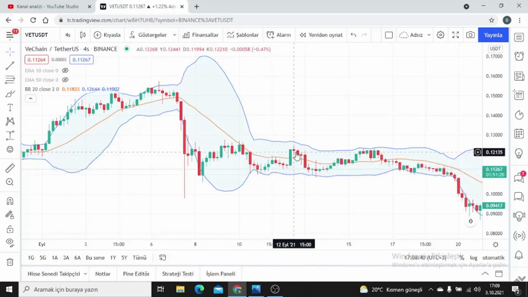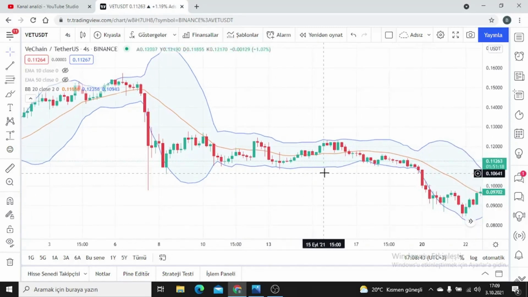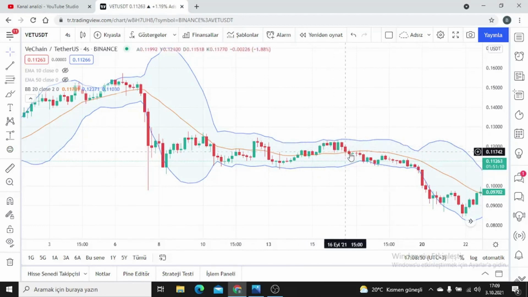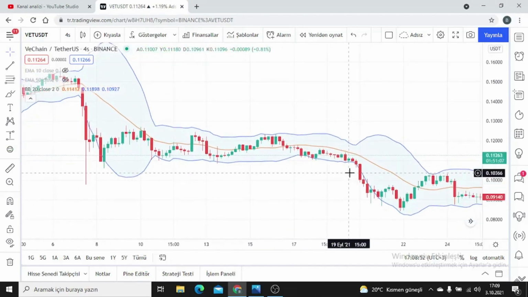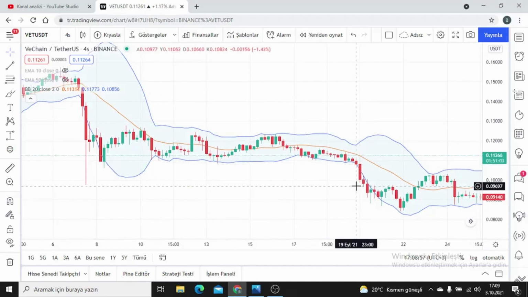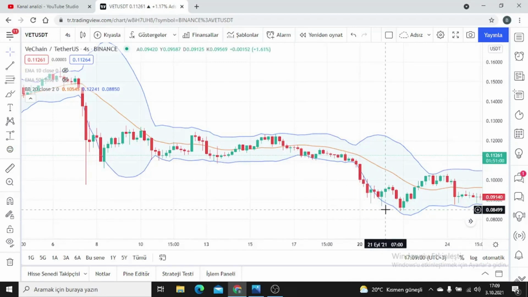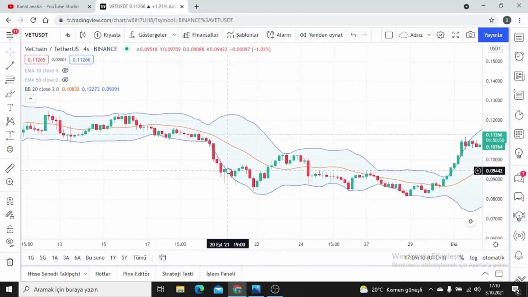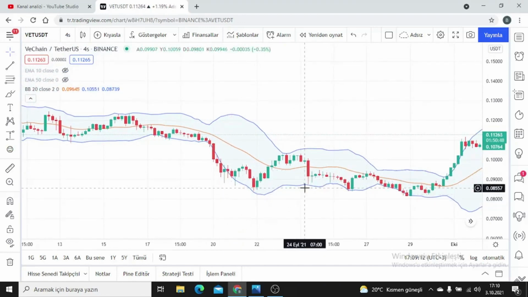And the Bollinger Band worked very well on this chart. It touches there again and creates a sell signal, and the decline begins. Likewise, there is a closing outside the channel of the Bollinger Band, and again the decline is coming. How far? Here the candle closes inside the lower channel of the Bollinger Band. It closes in the channel, albeit very slightly. As you can see, there is a small rise after that.